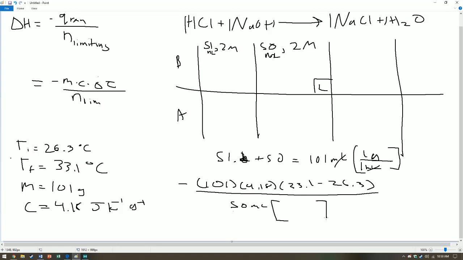And I know that there's 2 mole for every 1,000 milliliters. And then if I do the math on my calculator, which I'll do right now, that works out to be